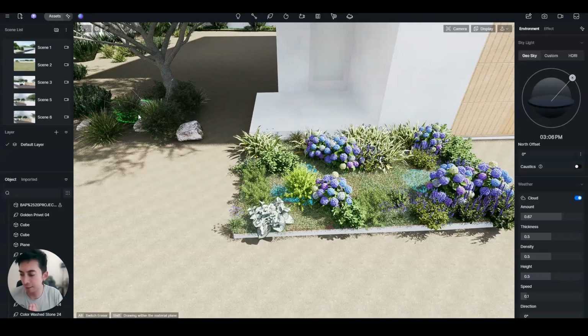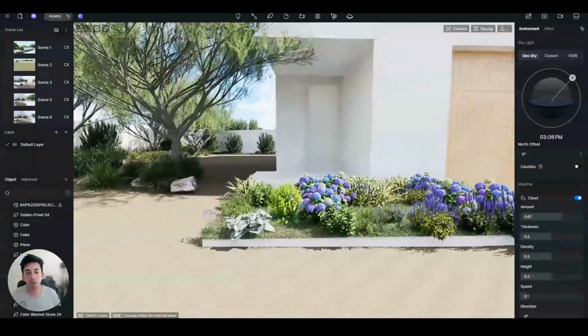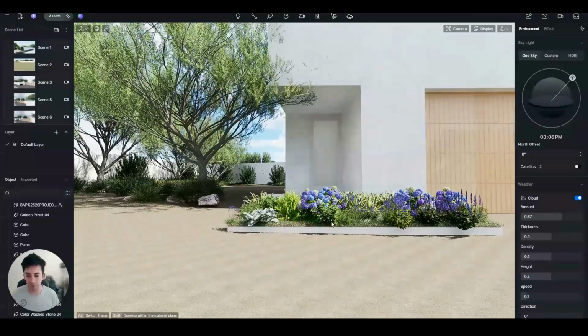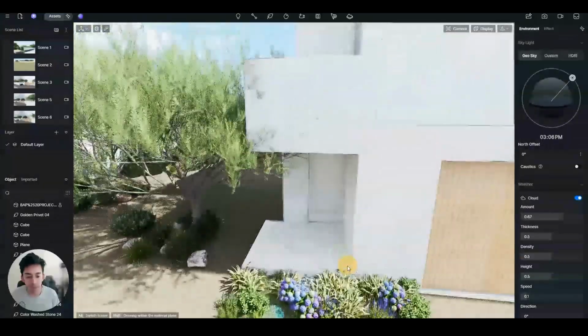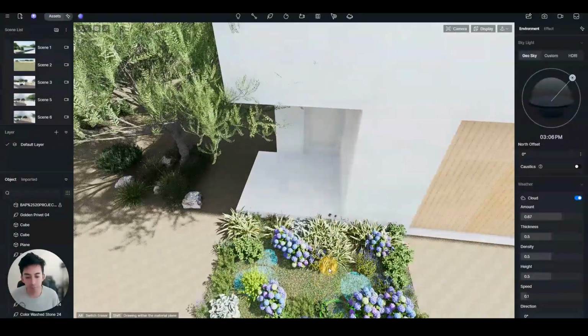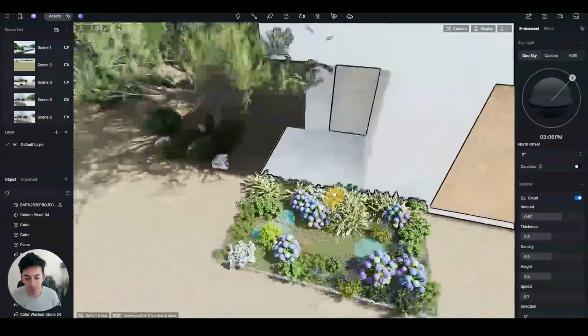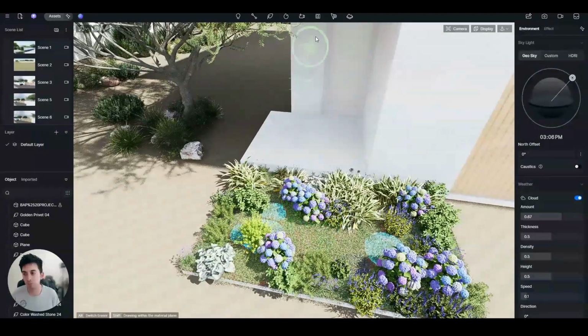The way I'm looking at this AI agent tool is like something that will get you 80% there. And then the other 20%, sometimes if you're not looking for a lot of detail, you just want plants for a rendering, great. But if you're really more detailed on exactly the plant that you want and exactly how it looks, then it's kind of like doing AI with Midjourney and stuff. It will get you 80% there, but you might still need to do some post-production. So for that, I will use